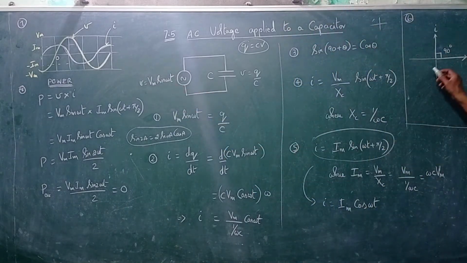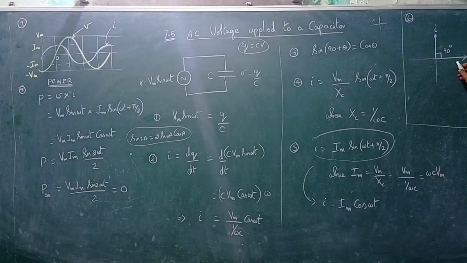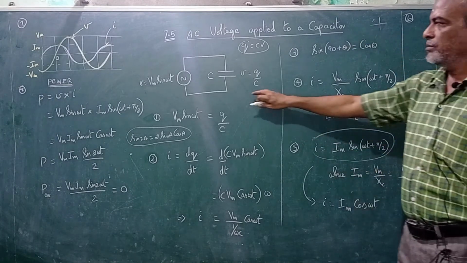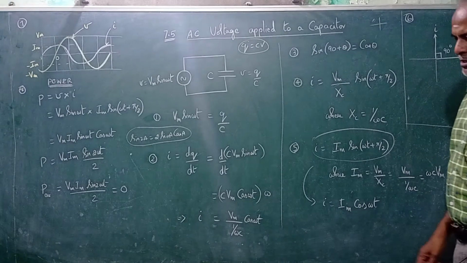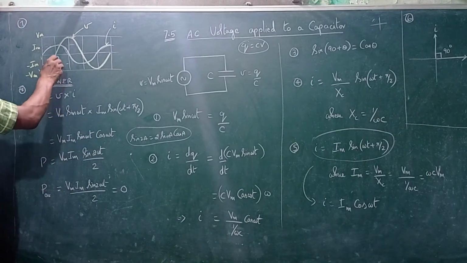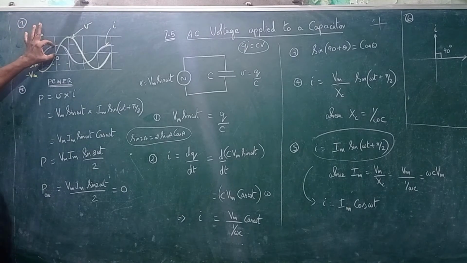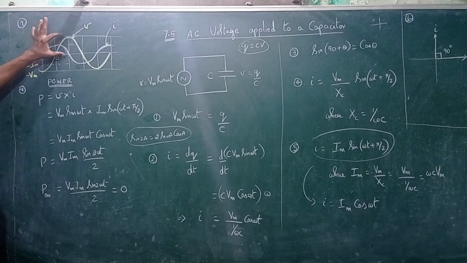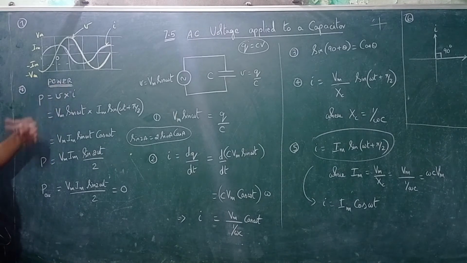So now you just see this relation and the applied voltage, which is Vm sin omega t. That is, if V is going to be here, then I is leading by 90 degree, because omega t plus 90. That is, in this circuit, the current is leading the voltage by 90 degree. So that's what is drawn here. If you see here, the current leads the applied voltage, but magnitude wise, the amplitude of the current is less than the voltage. It all depends on the value of Xc. Xc is what? 1 by omega c. Now we will go for the power calculation.